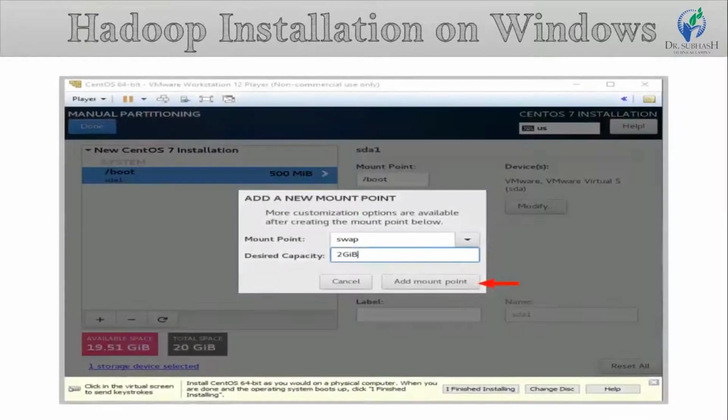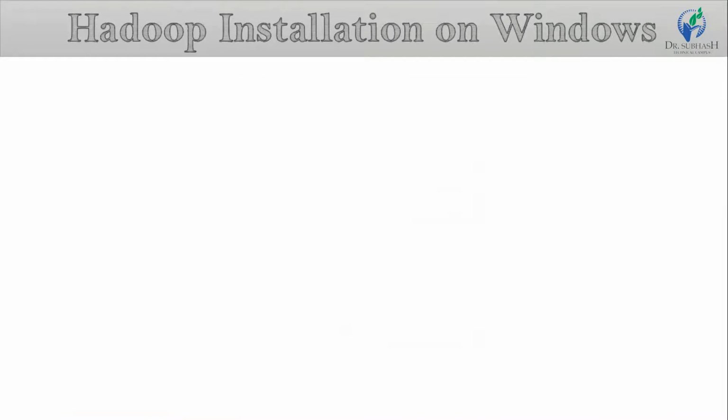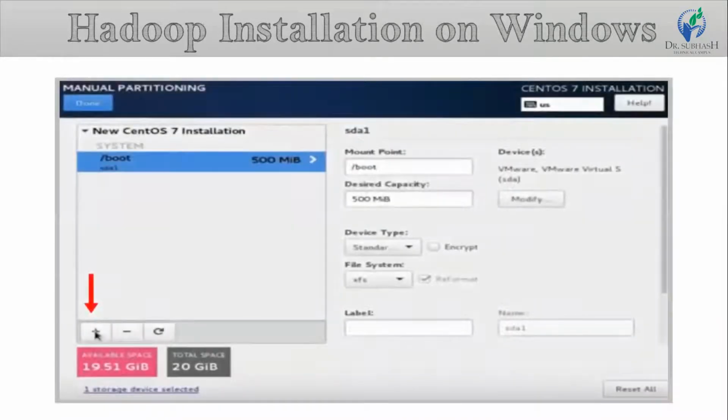Then this time select the mount point as swap and the desired capacity as 2 GiB. Then click on add mount point. Now to add the last mount point, click on the plus sign again.